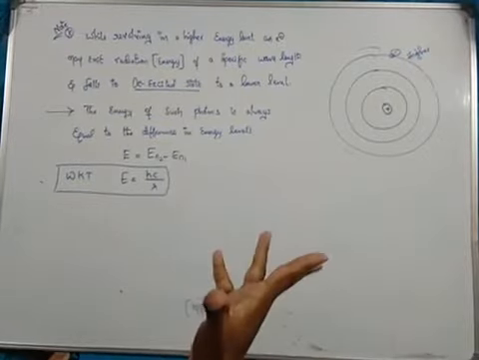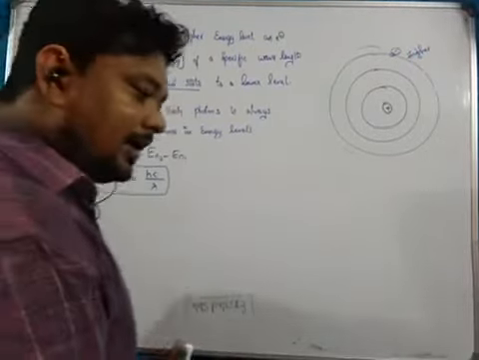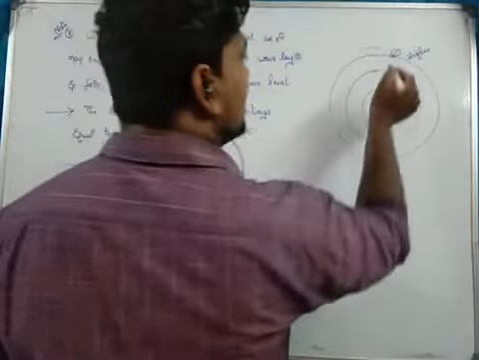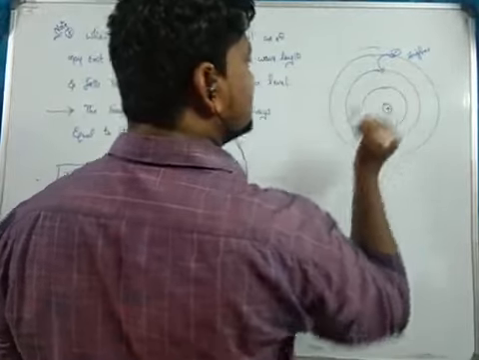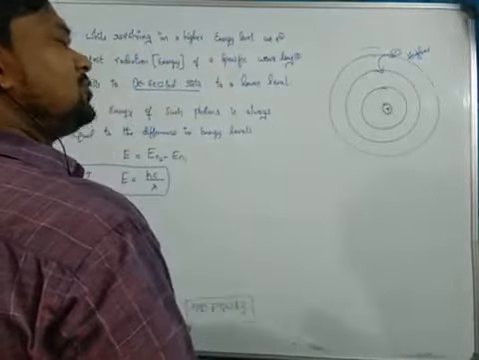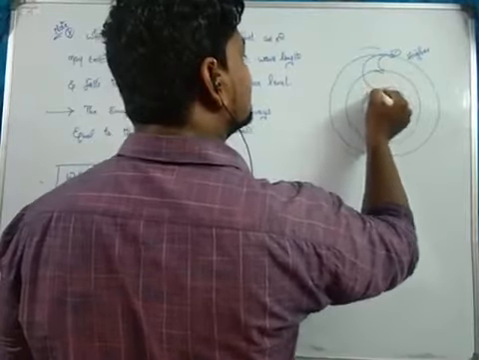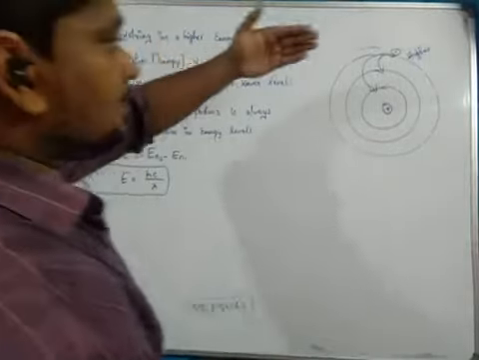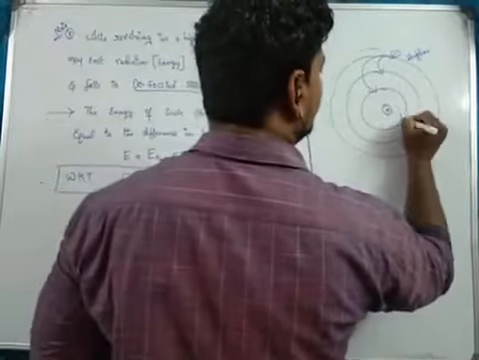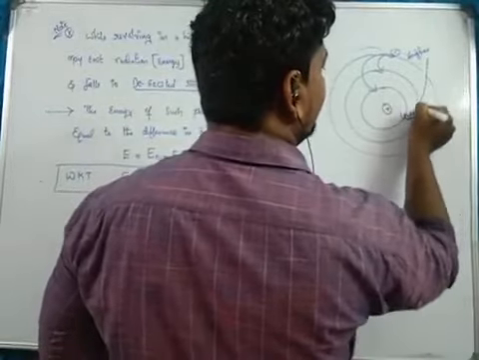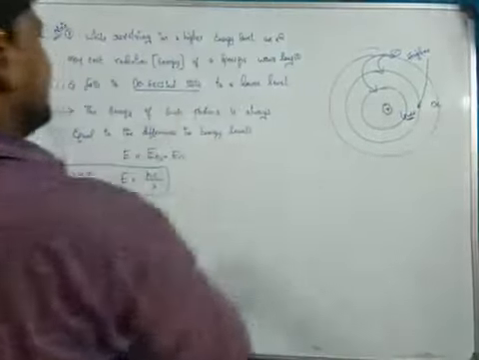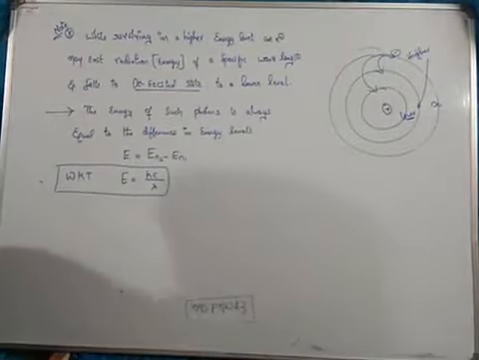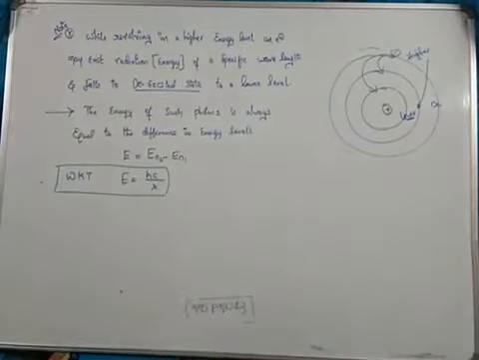Whenever it radiates energy, it means it is losing some energy. Whenever it is losing some energy, automatically it has to reach the next level. If it loses more energy, then it reaches the next level. Is it clear? Whenever we are moving from higher level to lower level, that state we call a de-excited state. So while revolving in a higher energy level, an electron may emit radiation energy,